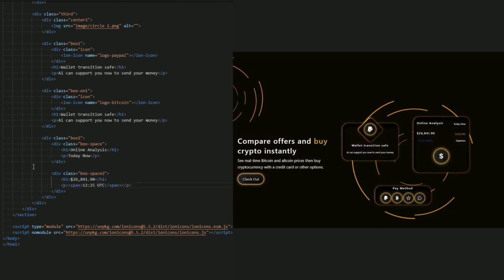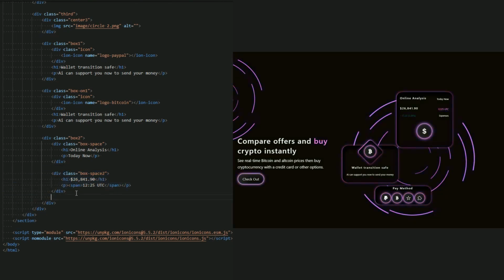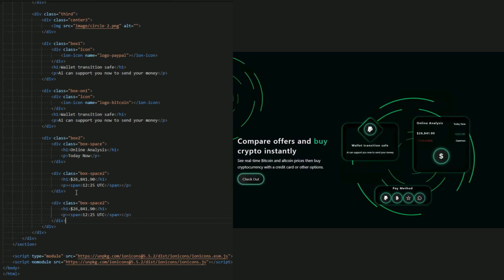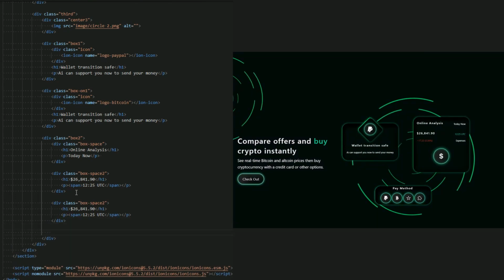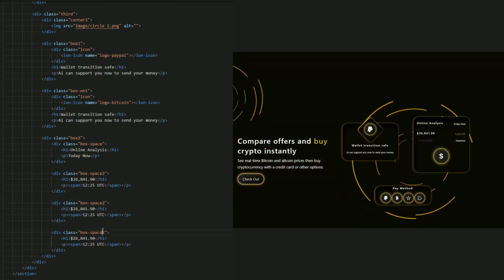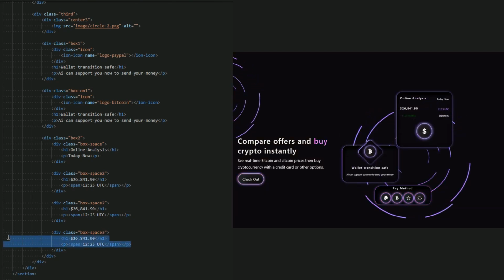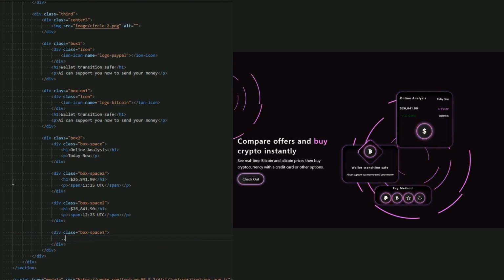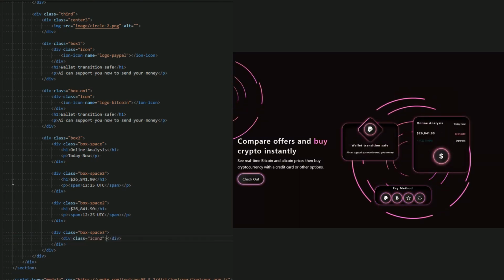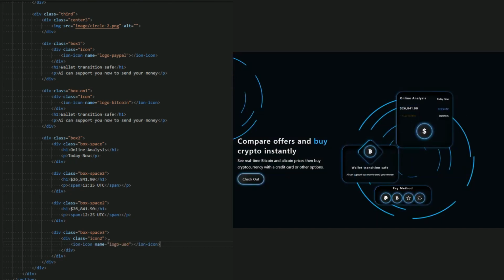And now for the box space 3, again copy paste it, and let me copy again, paste it here, and yeah, let this be the same as box space 2 and this be box space 3. Okay, and let me add the icon for this box space 3. I name it icon 2, and inside it let me add the icon of the dollar.